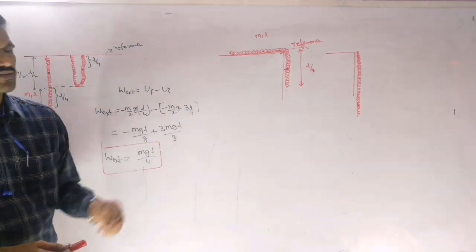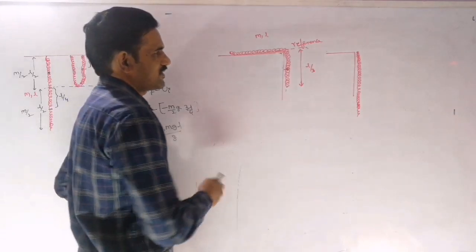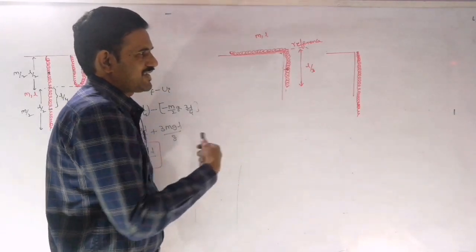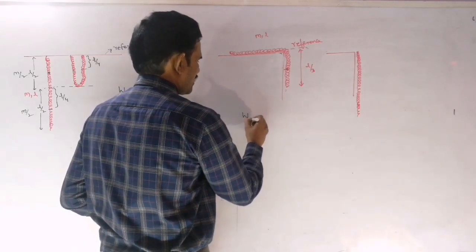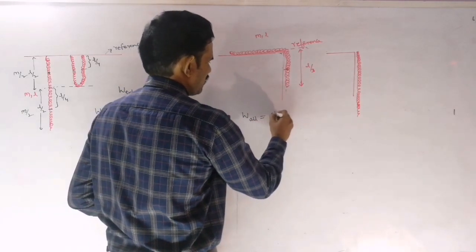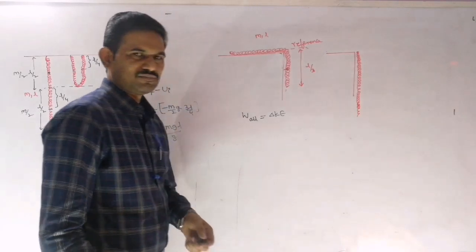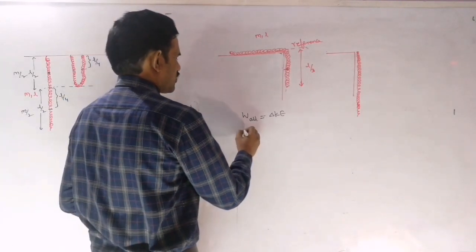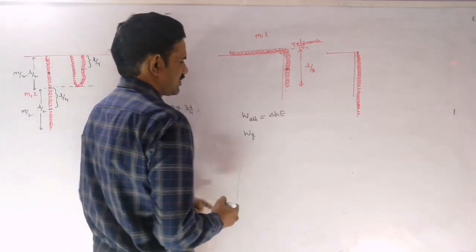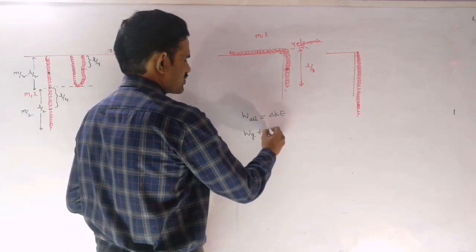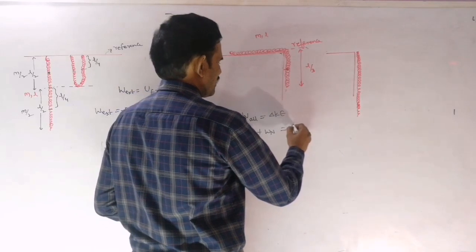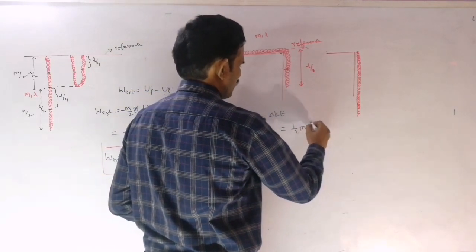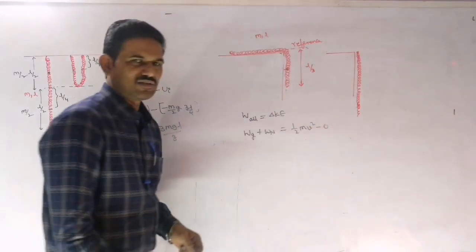That is our meaning, right? For this type of question, the kinetic energy is involved, so I can write the work energy theorem. Work done by all forces is equal to change in kinetic energy. This is nothing but work done by the gravity. The remaining force, the normal reaction, will be there, but work done by the normal reaction will be 0. So this will be equal to final kinetic energy, half mv square, minus initial kinetic energy, which is 0.